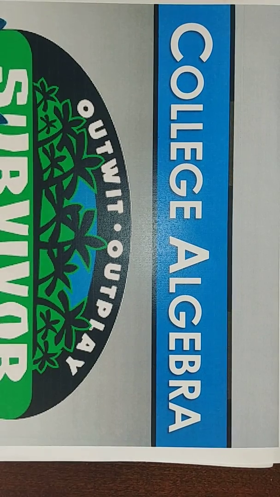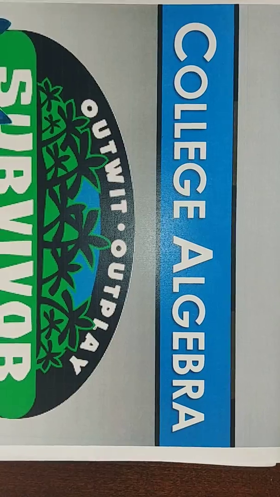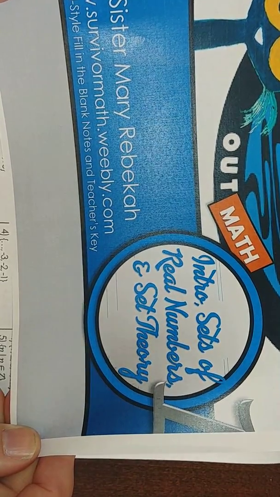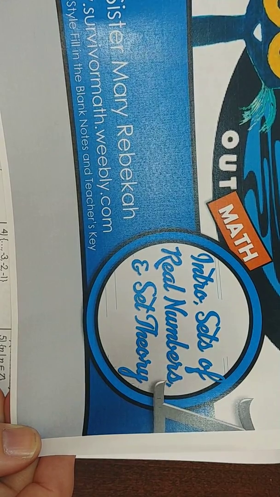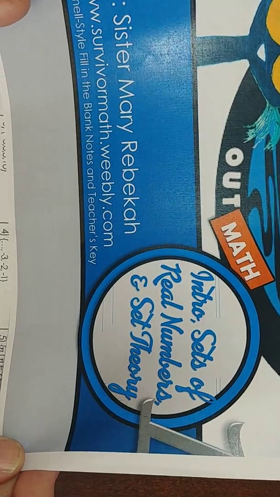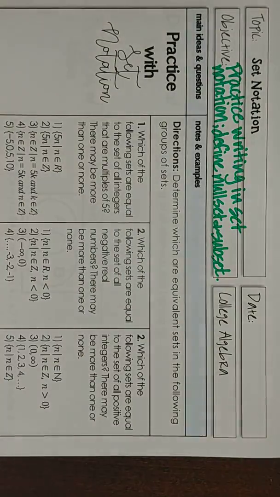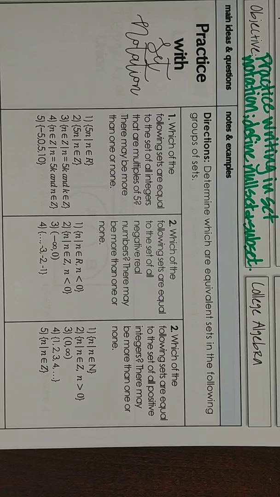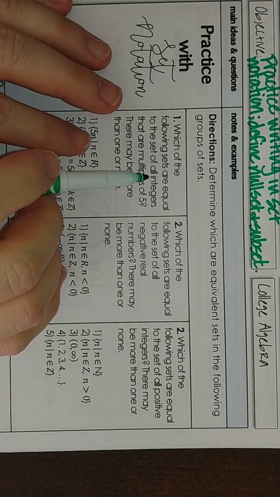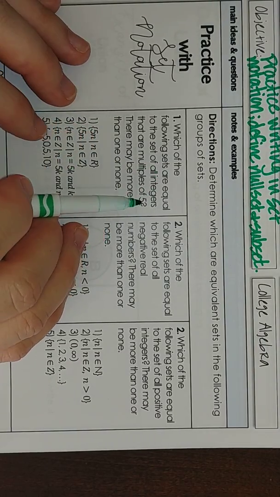This is lesson number 3 in college algebra. We are still in unit number 1, and we are still talking about an introduction to sets of real numbers and set theory. This is lesson 3, and today we'll be practicing writing in set notation and defining null set and subset. As we're looking at set notation, which is what we discussed last time, there are several ways